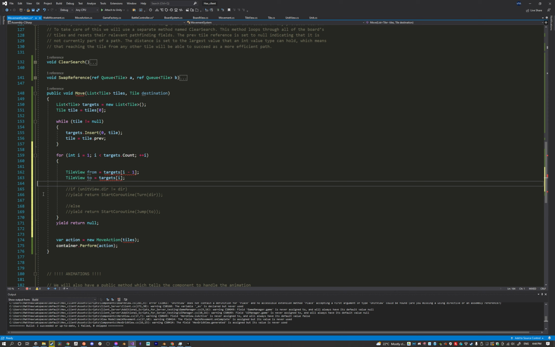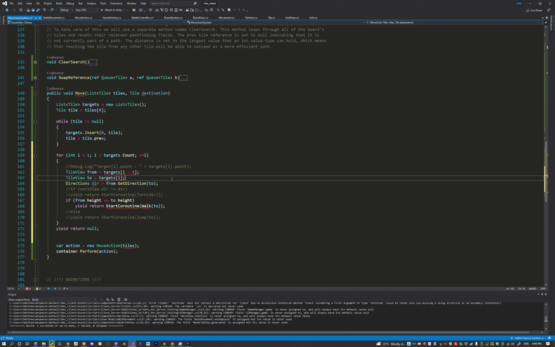If you're going to there, and it's going to send, in that action, it's going to send the tile. I guess I'm gonna have to tweak that a bit there. But all right, target the tile view from. Hold on, what the heck am I doing here? Debug I don't want. It's gonna do